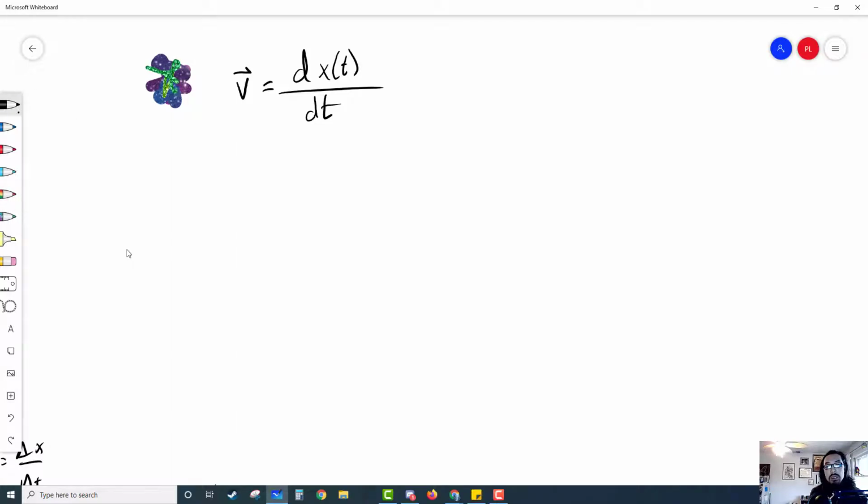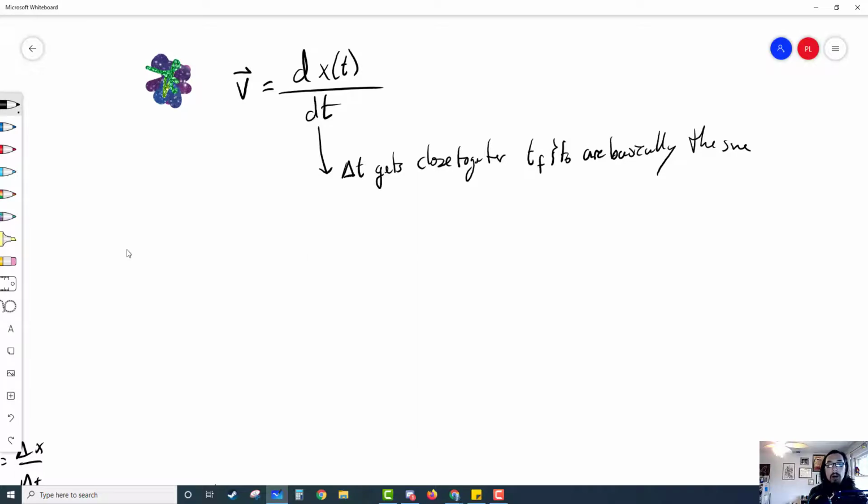All right. So I want to break this down because we will see this form multiple different ways. So this is dt, which is the difference in time. So this is saying that your delta t gets close together. And by that I mean that your t final and your t initial are basically the same. And this dx over on the top is telling us that we are finding